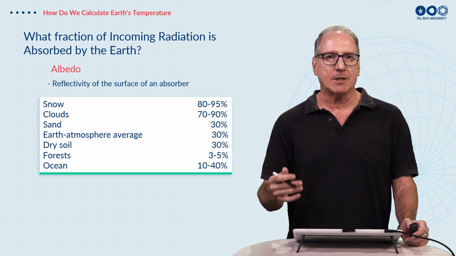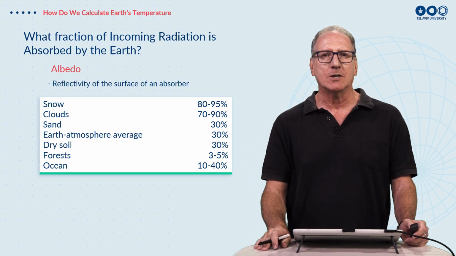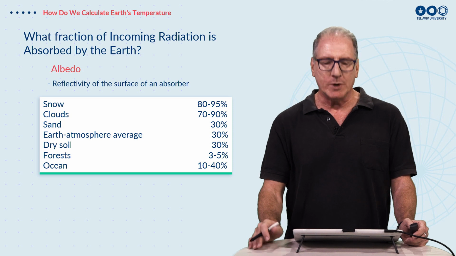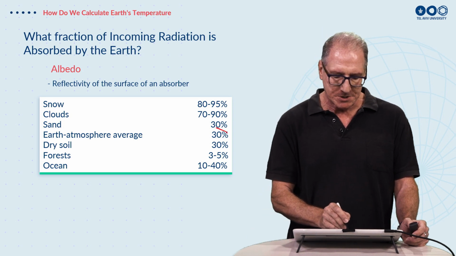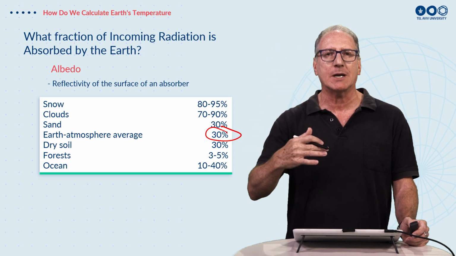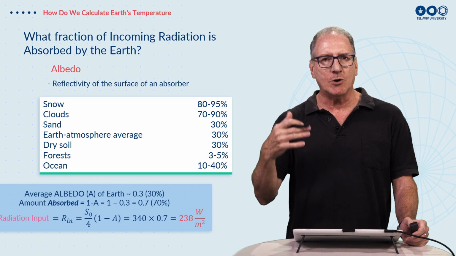Forests are very dark. They absorb most of the radiation, reflecting maybe only 3 to 5%. And when we average everything over the whole planet, we get a value of around 30%. 30% of the energy coming in from the sun is immediately reflected back to space. And so we can only actually use